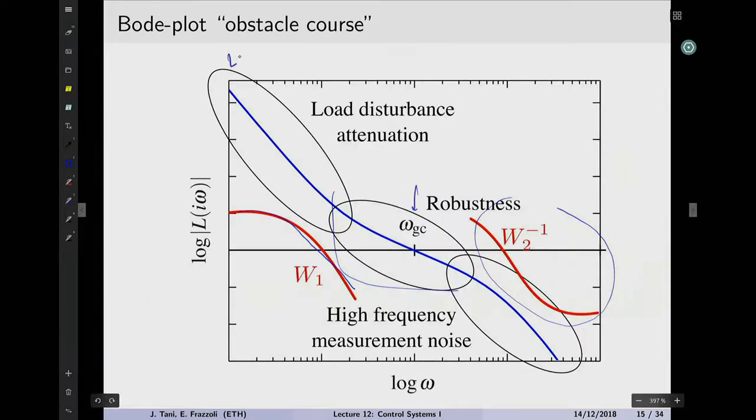This is the magnitude of L of j omega, represented in a logarithmic plane. This is the Bode plot, the magnitude plot of the Bode diagrams. The first part is all about disturbances. The second part, the high frequency part, is about noises. And the intersection here, that is the crossover frequency, determines the bandwidth of the signal, which is that frequency range. It is a measurement of two things. The first one is how well we can track reference signals, in the sense of